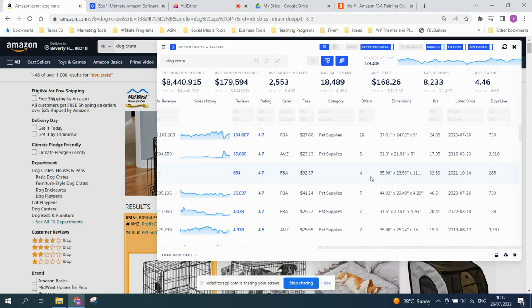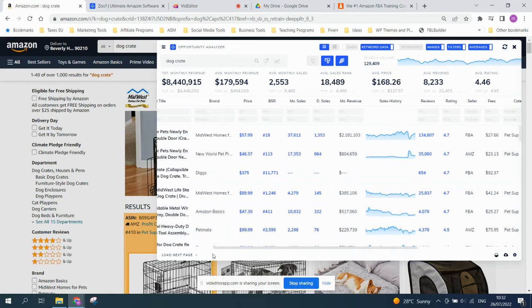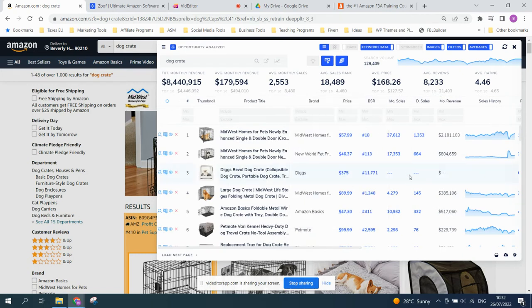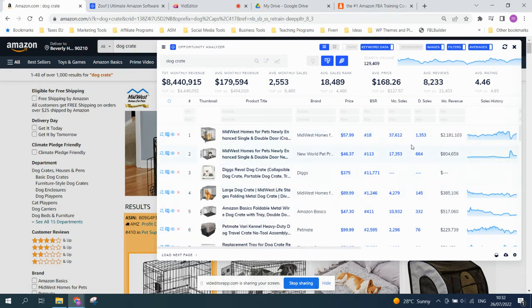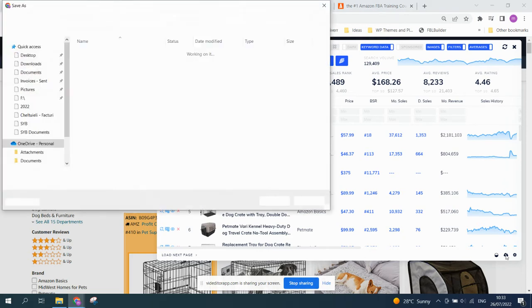And I see that Zoof has no data about it. I'm sure that Jungle Scout also hasn't got any data about it because I observed this kind of information before, where Zoof or Jungle Scout cannot bring data about a certain product. But anyway, that's not important. Now the page has loaded for dog crate. Let's download this to